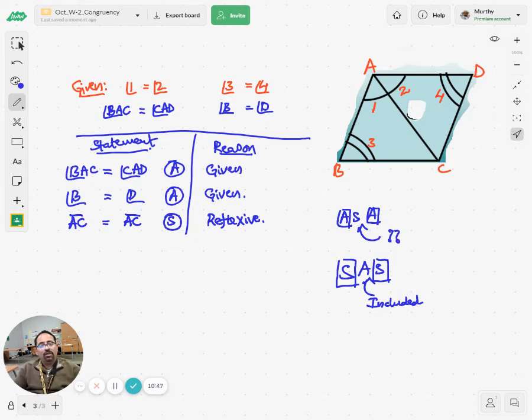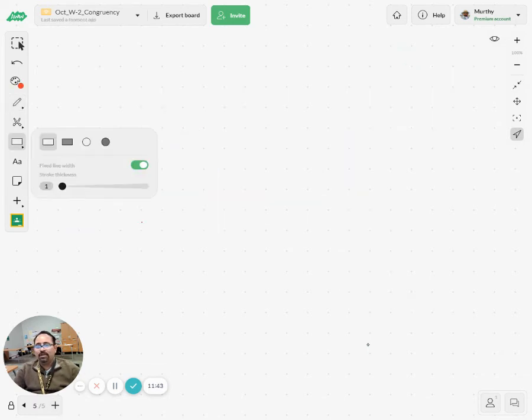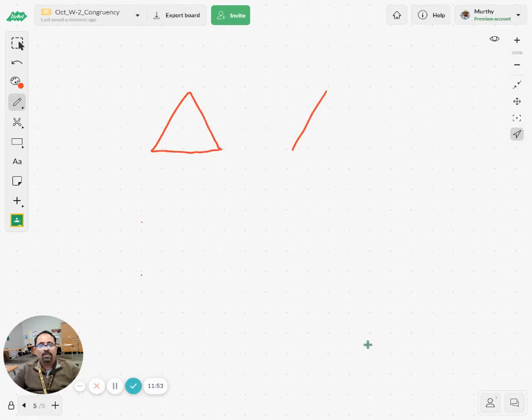Because if two angles are equal, then the third angle will be equal to the third angle of the other triangle. How come? You know that the sum of three angles of a triangle is 180 degrees, right? Let me take an example. Let's say two triangles are given,